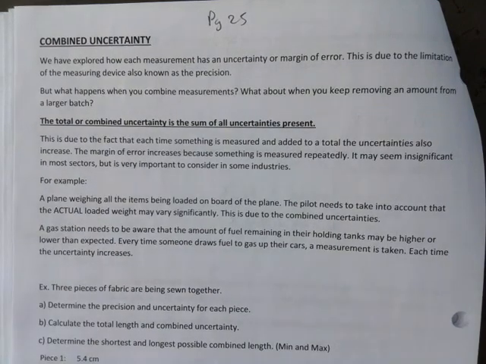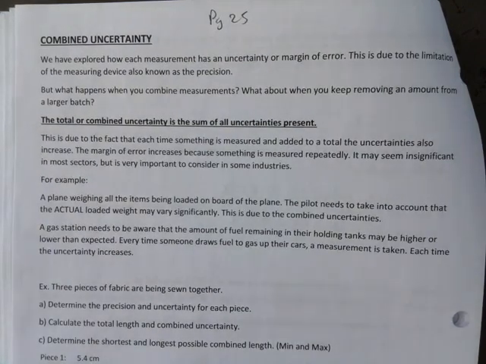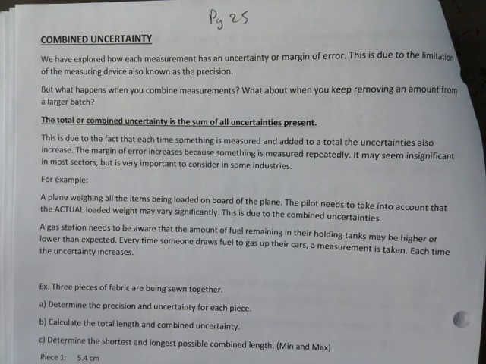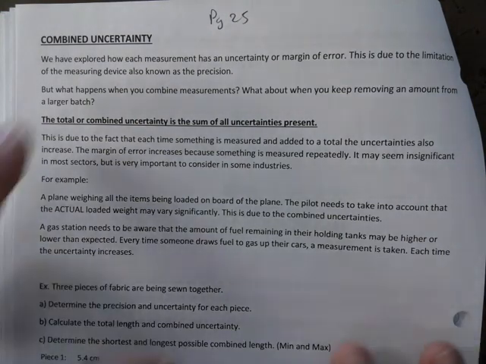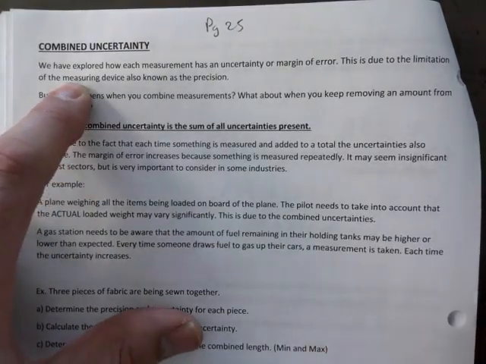Yeah, so you see the nurses, right? They had that big vial, and they would take out of that, and you got your shot, right? So every time a nurse pokes into the vial and takes some out, the syringe has some uncertainty, the vial has some uncertainty, and every time you take out, there's a combined effect happening there. It keeps adding up. So that's what we're going to explore here.